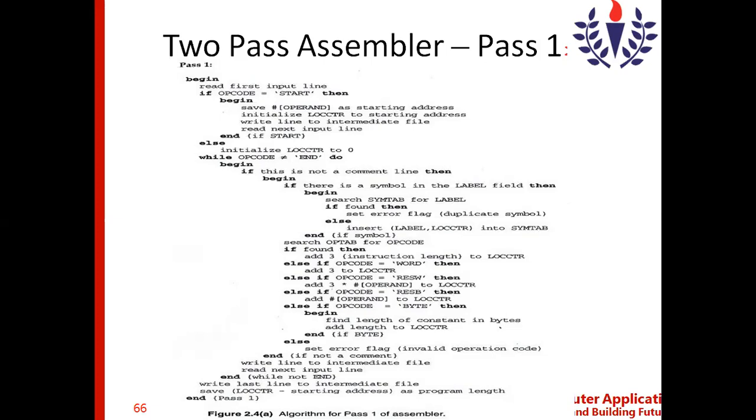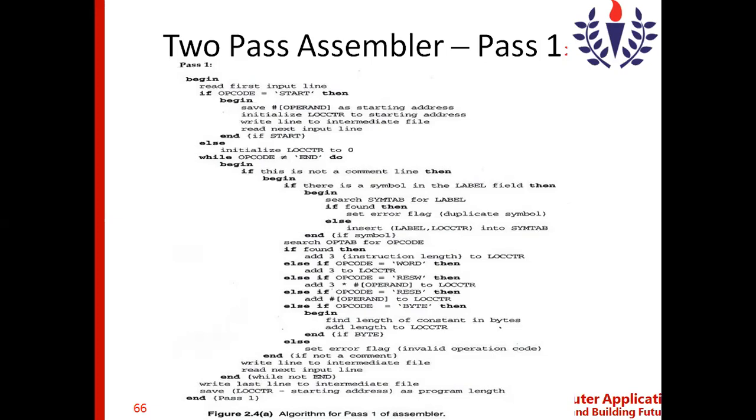Once it is done, coming to the else part, if any of these conditions are not satisfied, then it will fall into the else part. So in the else part, what we have in the algorithm is: set error flag saying invalid operation code. So the opcode can be a mnemonic from the OPTAB, or it can be a WORD, or a BYTE, or a RESW, or a RESB.